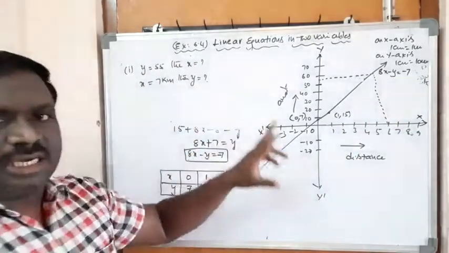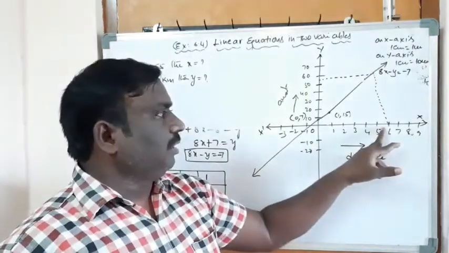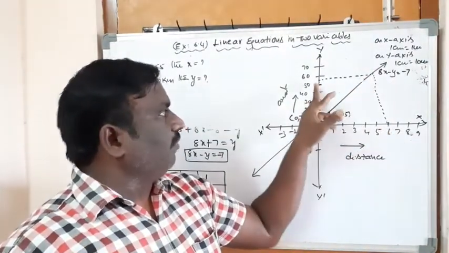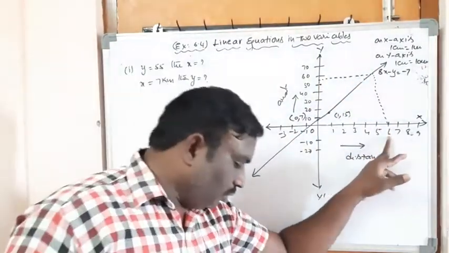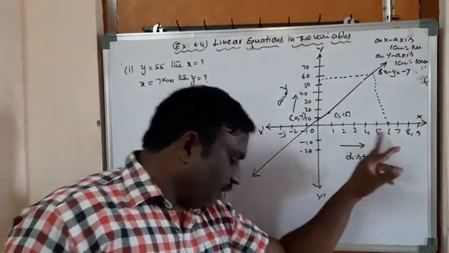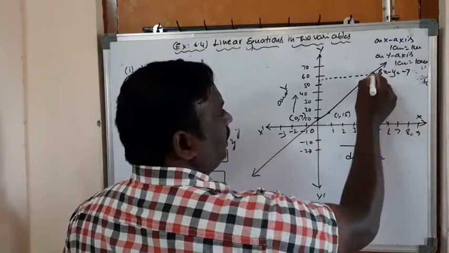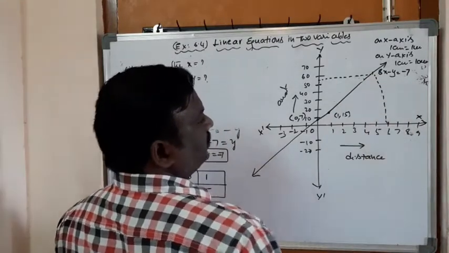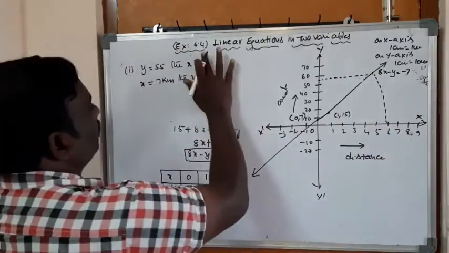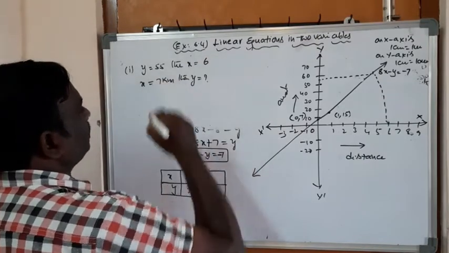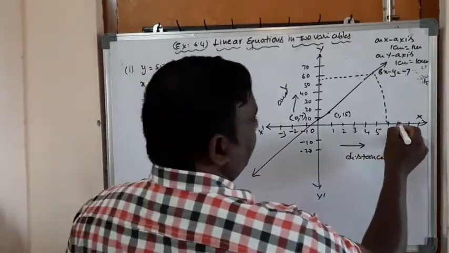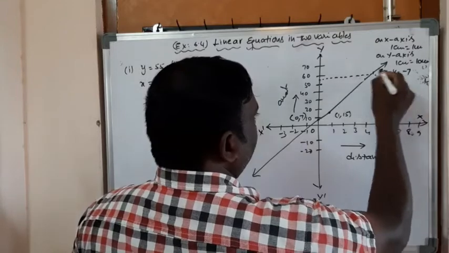Actually this is not an exact graph, that's why I got the line here. Actually if y value is 55, then x value equal to 6. x value equal to 6. In your graph definitely it will touch at 6. Okay, then when x equal to 7, you have to draw again from here.